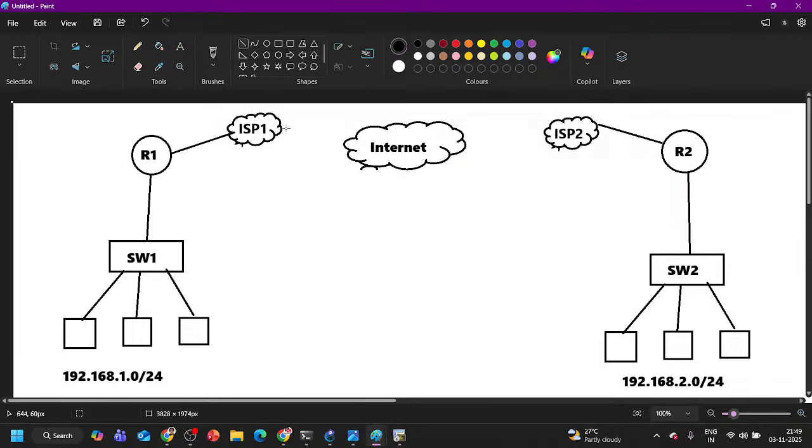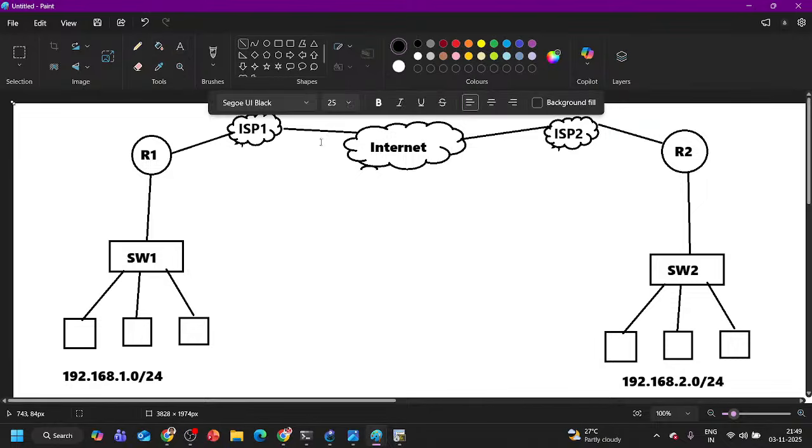And both ISPs are connected with internet, right? We know this. This will be your actual production. It doesn't matter what subnet is running over here, or what subnet is running over here. You will get one public IP address over here, which is let's say 1.1.1, right? And ISP is using 1.1.2, and here your public IP 2.2.2.1, and ISP is using 2.2.2.2. So 1.1.1 and 2.2.2 will be reachable, and that is the responsibility of